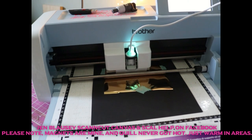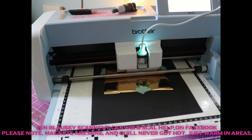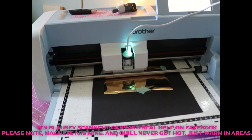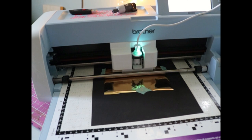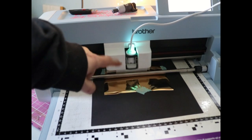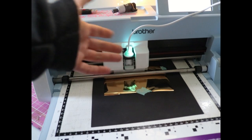Because We Are Memory Keepers is a huge company, and I am certain that they do not want anything happening to your machine. And if they designed a product that was going to go around ruining machines, they wouldn't release it, okay? What I have found for myself, and this kind of goes against what they're saying, but I don't want a lot of heat building up in my carriage or around my mat, so I actually allow mine